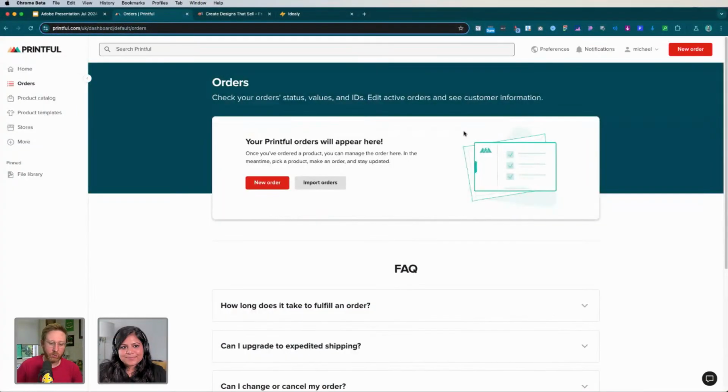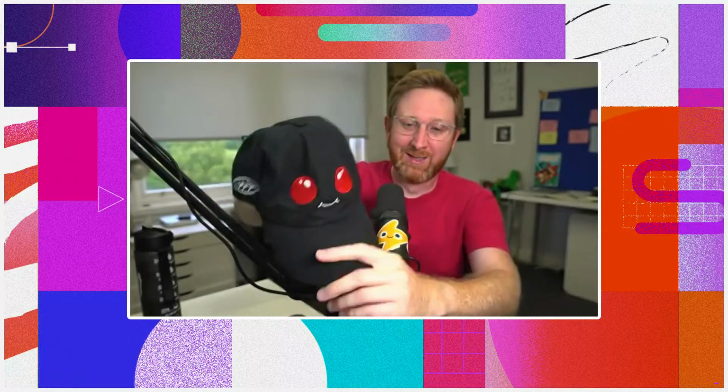I'm glad you asked that. I have prepared something just for that. So in fact, I'll show you the finished product because I have it here in my hand. This is a design that we did for the line. So this is the Mothman cap. You can see this is an embroidered Mothman cap. This is actually a kid's size one because we bought a couple of these for my kids. So we basically took the Mothman design that you maybe saw earlier, and we just kind of took his face and made an embroidered cap out of it.